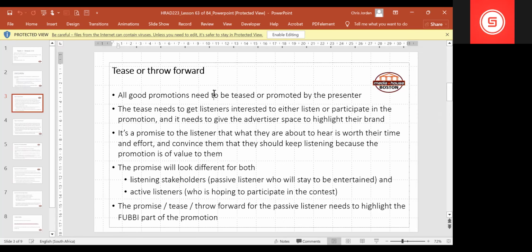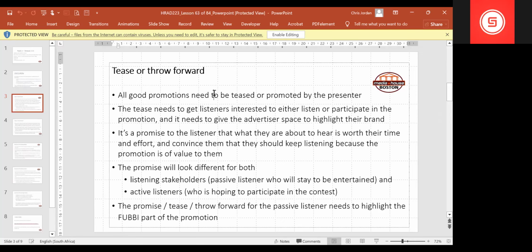So it's a promise to the listener that what they are about to hear is worth their time and their effort. The way that we get there is increased time spent listening, but also them just staying along with us for the next 5, 10, 15, 20 minutes, in the most generic of situations, right? As opposed to, let's say, something that we have discussed in class, which would be a large activation to try and push them to listen to more shows throughout the day, again with specific examples like we did with the sound of this, and a clue here, and you have to listen to this song coming up in the next hour. And when you do hear the song, like we heard on those playback examples in the last lesson, there are many ways that we can increase and